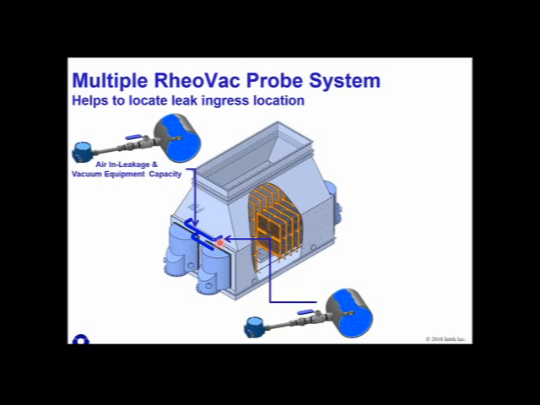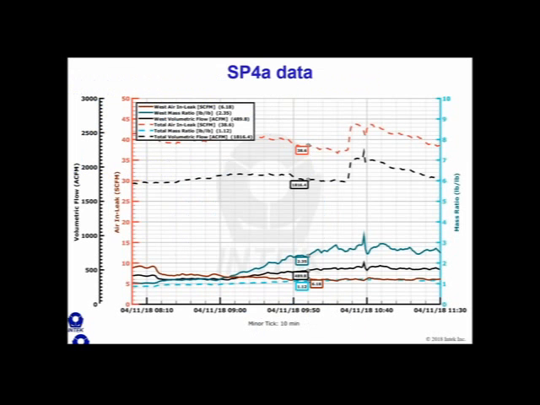You might expect to see the same total flow rate coming from this line and this line, but that doesn't always happen, okay? And you might expect to see the air in-leakage be the same from this line and that line, okay? That's maybe what you would normally expect to see, but we don't see that in this data, okay? So I'm asking you to submit your educated guesses as to what's going on in this particular